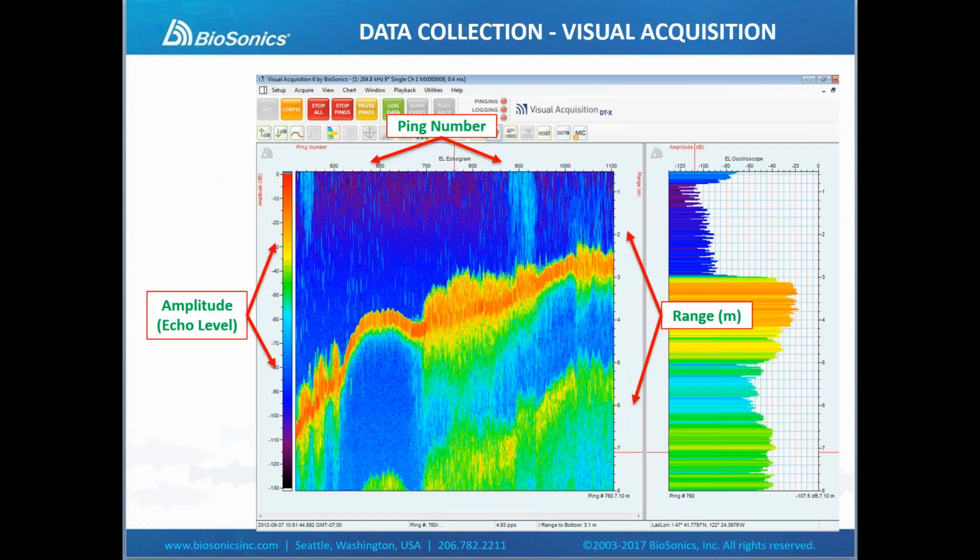This is a very typical screenshot of Visual Acquisition as it would appear during a habitat survey. On the left side, I'll just walk you through the different scales here. On the left side, we have this color spectrum with the numbers. That's a value in dB, a negative logarithmic scale, measuring echo level, or signal level, the amplitude. How much energy is being reflected. The hot colors, the yellows and oranges, indicate stronger returns, whereas the cooler, darker colors indicate lower energy level